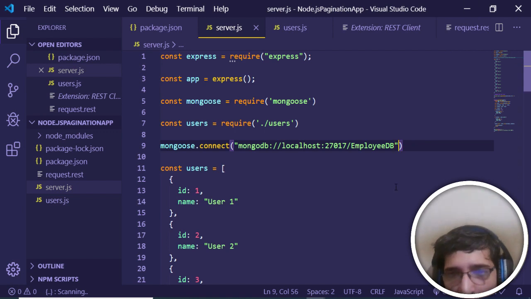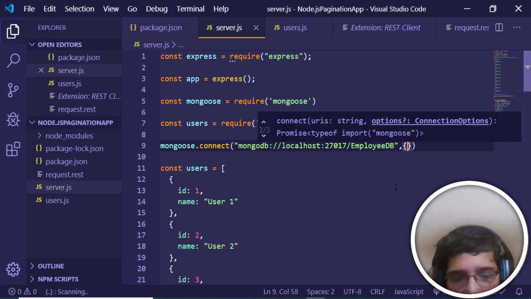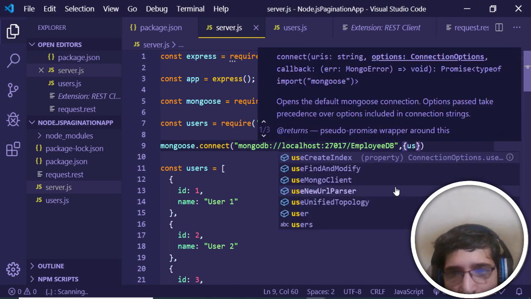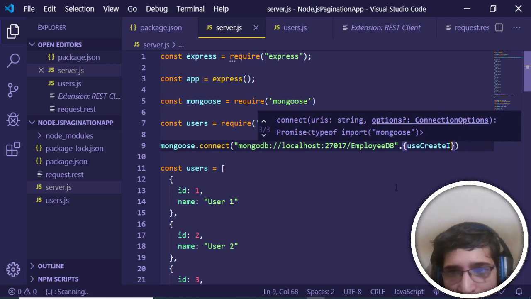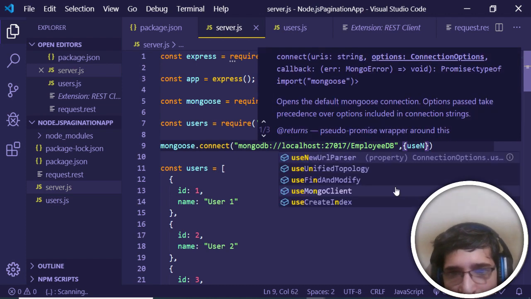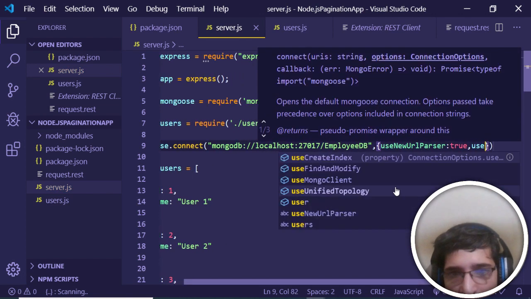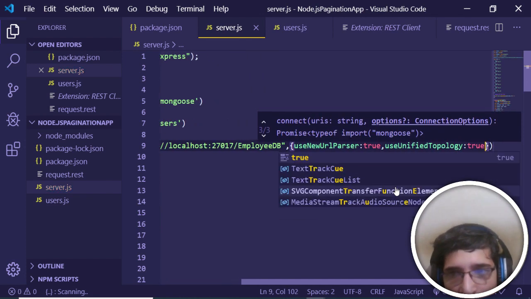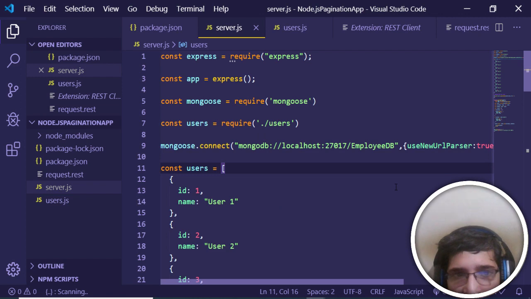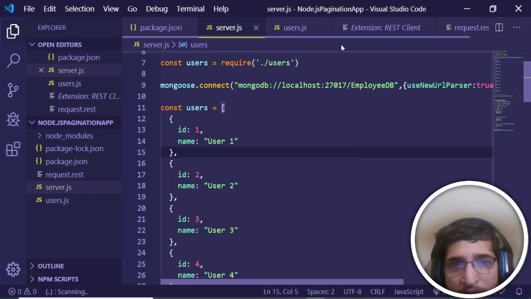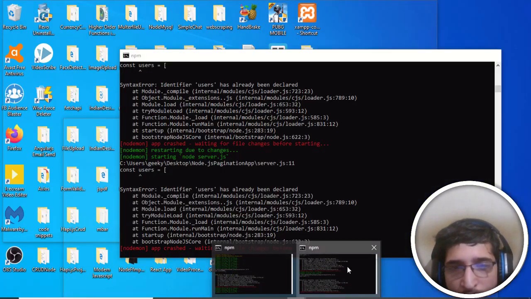And the second argument that it receives is useNewUrlParser. Let me just declare this useNewUrlParser to true. Just pass this property, and also take this useUnifiedTopology to true. So pass these two options, and now guys, if I refresh the application,